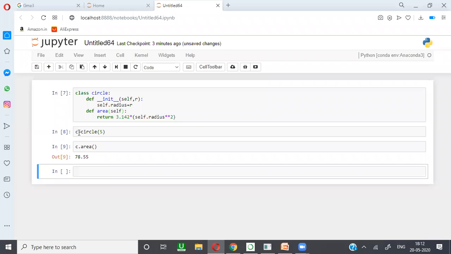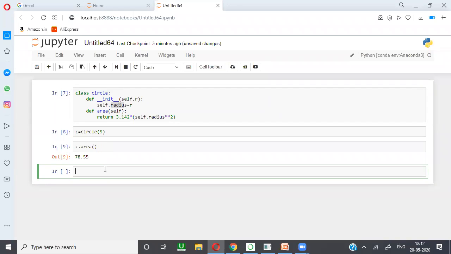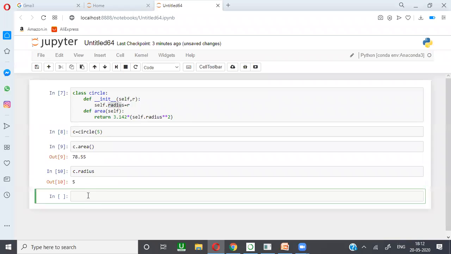So here this circle contains radius. If I try to access that from c.radius, it simply says 5.